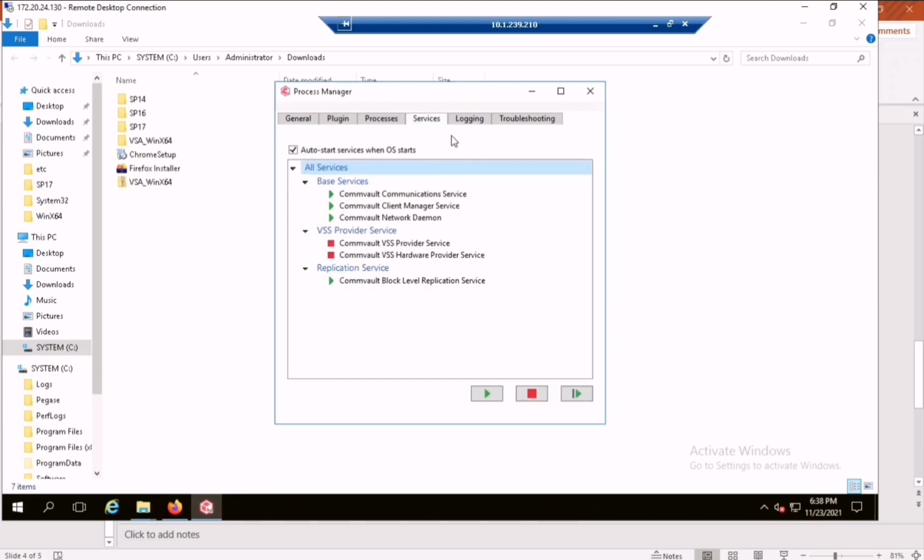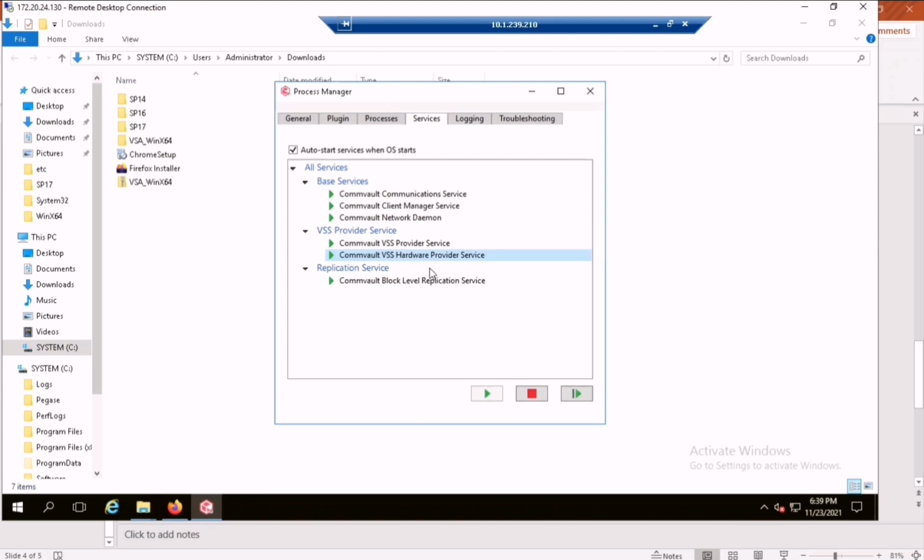You can simply go to the services and make sure that all the services are up and running. If any of the services are not running, just right click on it and start it. The first 5 services are mainly related to the file system agent, and some services are communication services and network daemon.